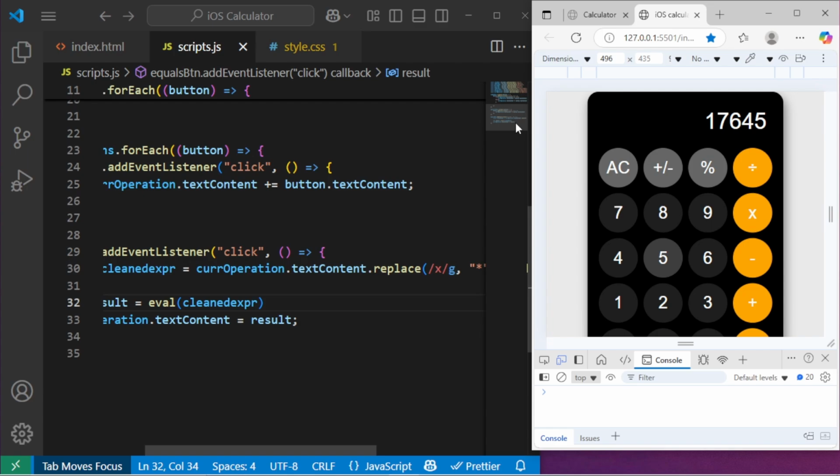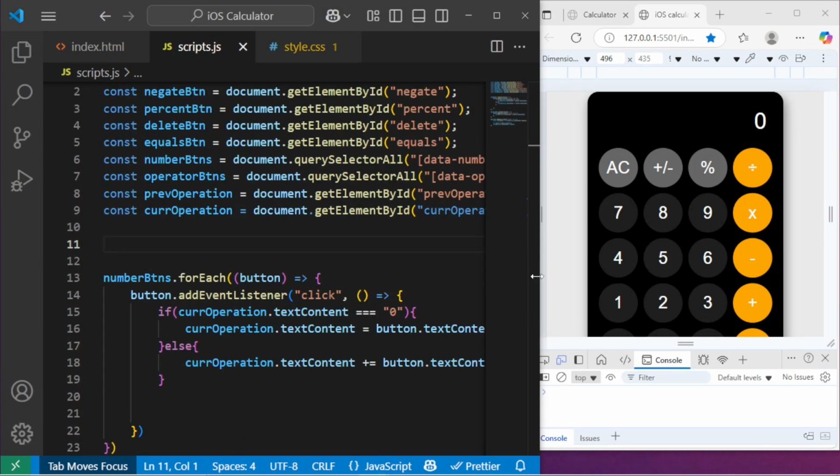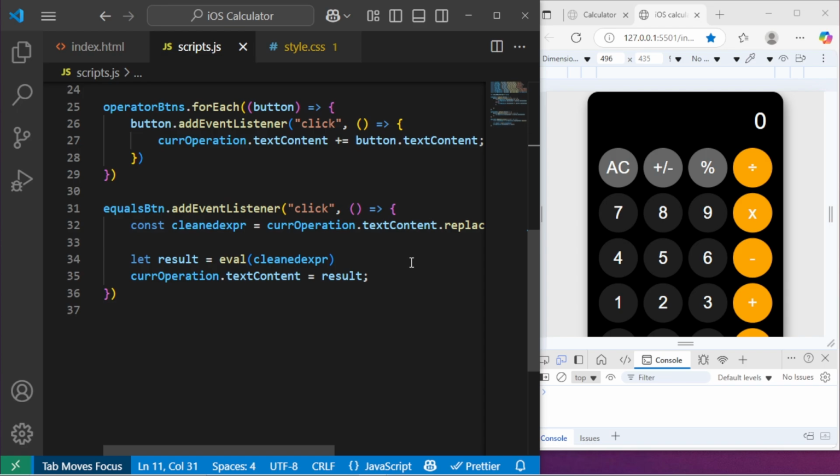So first of all, I'm going to set a flag. I'm going to come back here and I'll set a flag for when my screen should be reset, when my calculator should be reset. I'm going to say let shouldResetScreen equals false. So it's set to false by default. I'm going to come back to my equals button, and after our evaluation runs, I'm going to set shouldResetScreen to true,